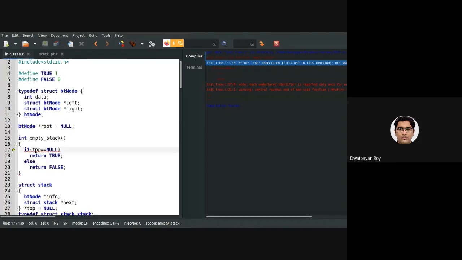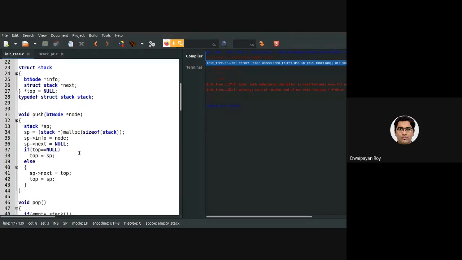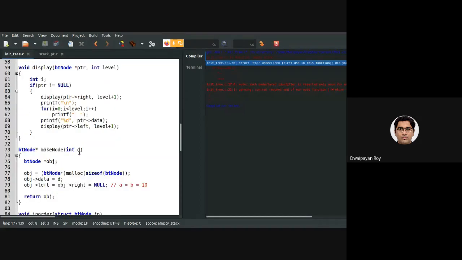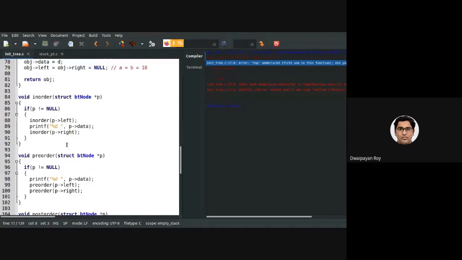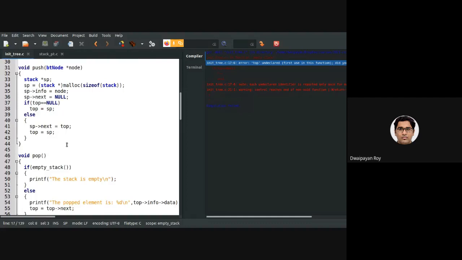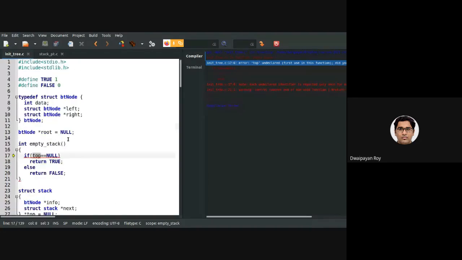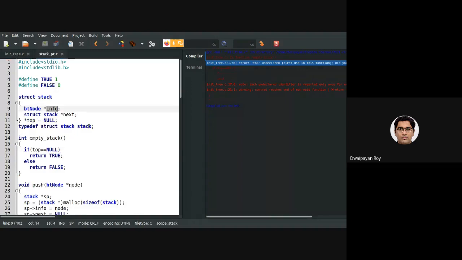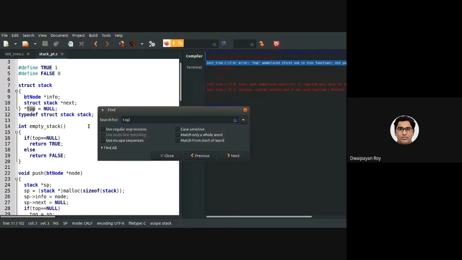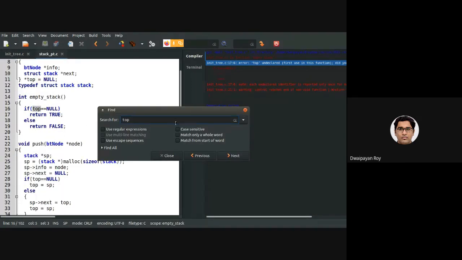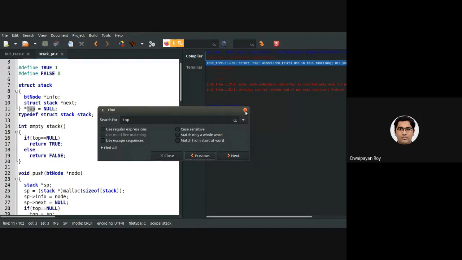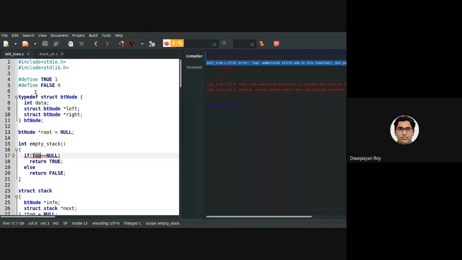As you can see, I have not defined the top yet. So I need to define the top. I think I have defined it somewhere else down below. No, well, okay. So I had declared the top here along with the stack declaration.